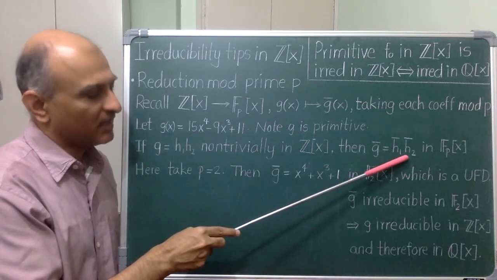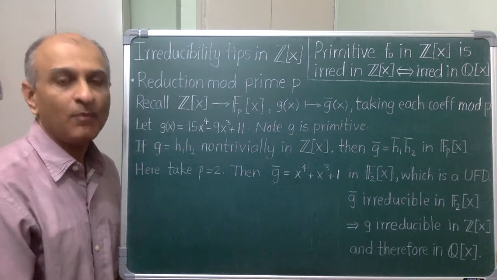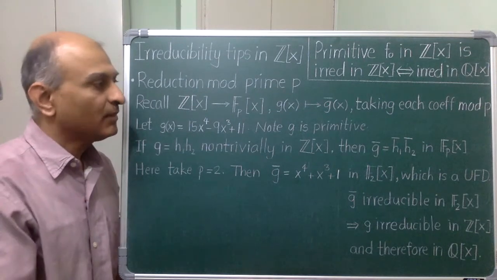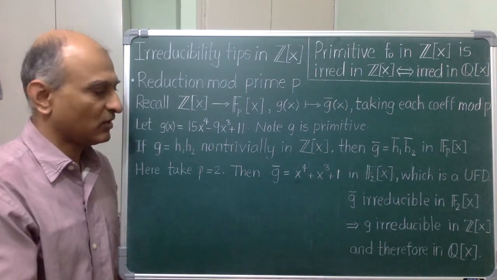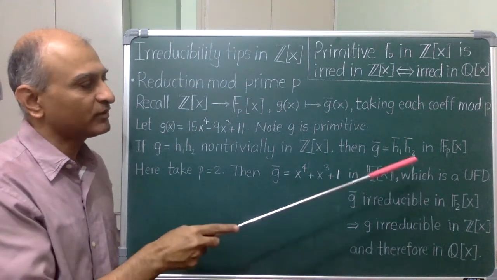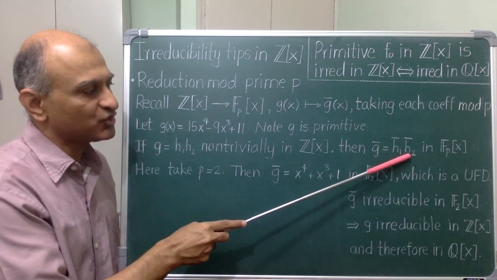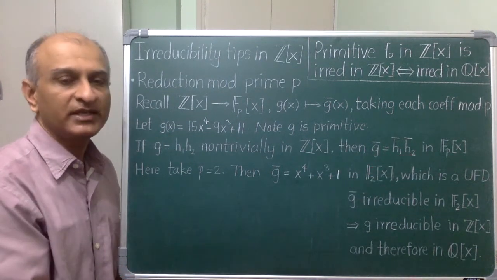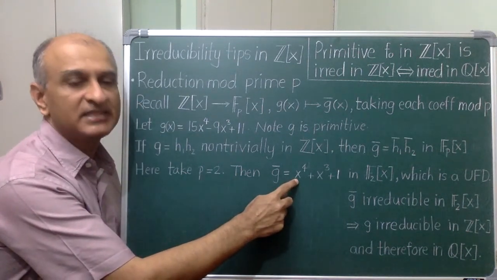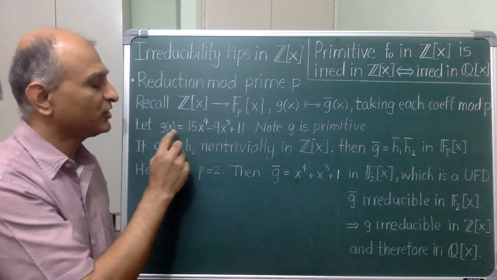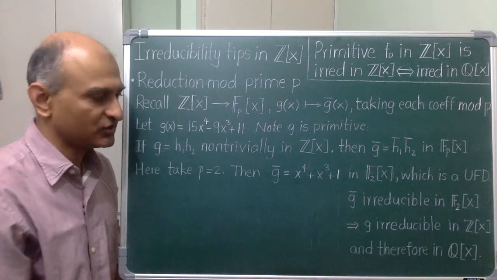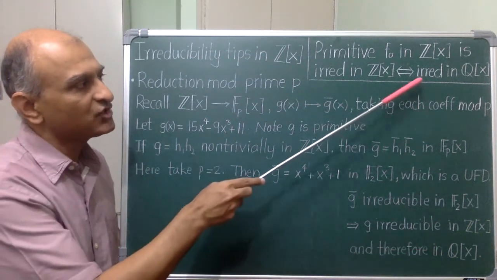Now, an integer polynomial can drop in degree when I reduce it modulo 2 if the leading coefficient is even. But that cannot happen over here because these polynomials have the same degree. So, after reducing modulo 2, the degrees of h1 and h2 still have to add up to 4 and so they cannot drop. Okay, so if I show that this polynomial is irreducible over f2, then the original polynomial cannot have factored and I would have succeeded in showing that it is irreducible over the integers and so also over rational numbers.